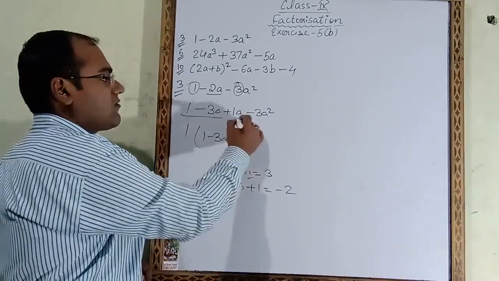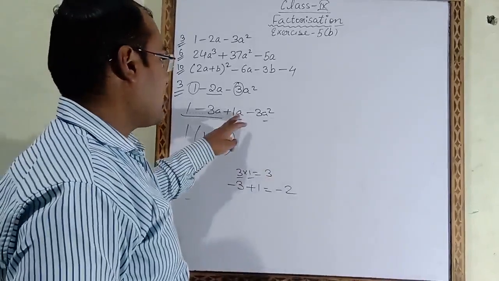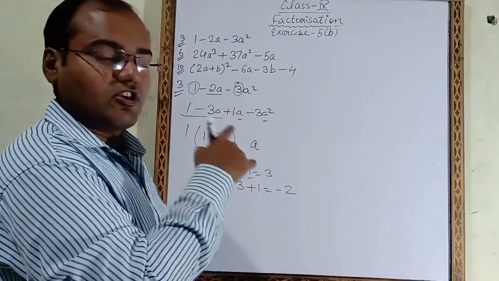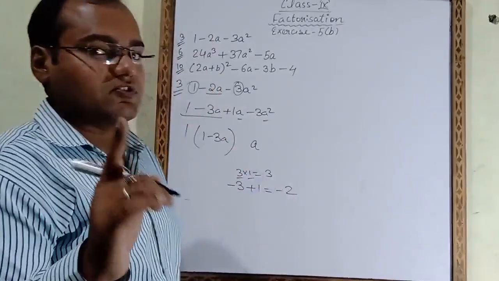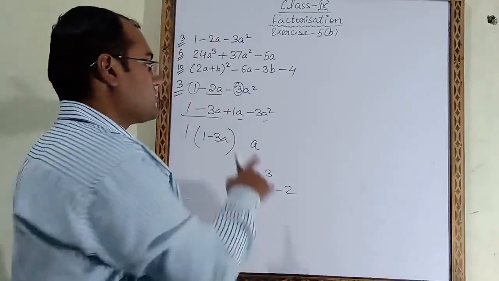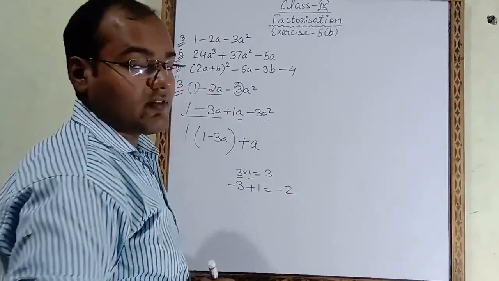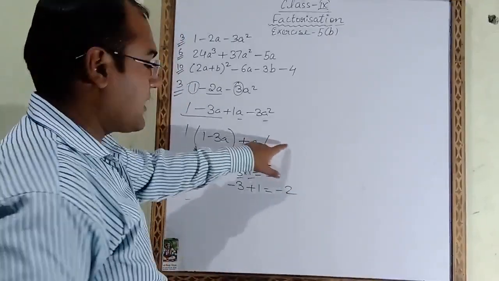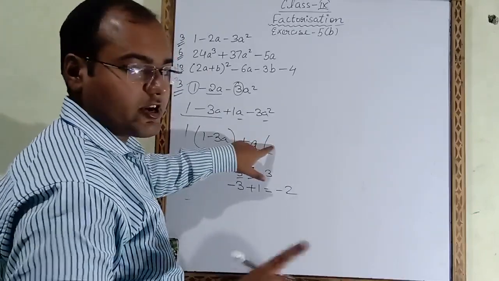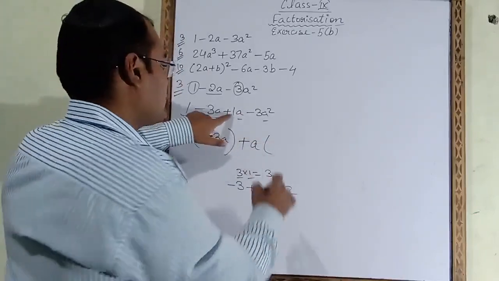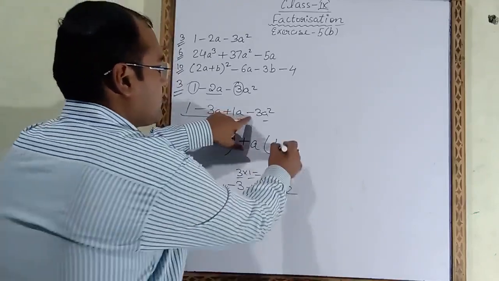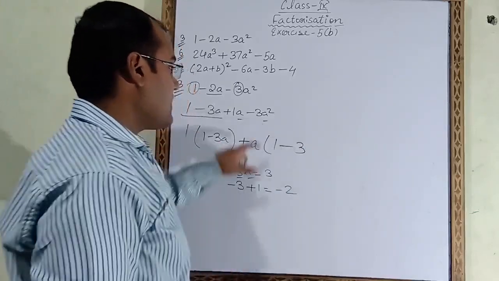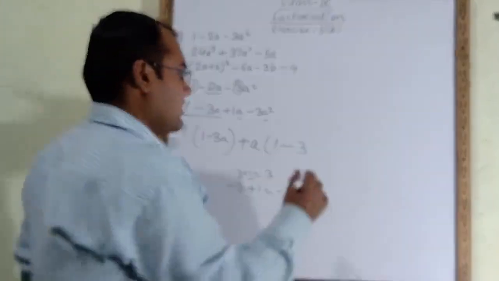Now the next step. From the other two terms also we will take a common factor. Here we get a common. But we also have to take the sign of a, either plus or minus, whichever is correct. Here we will take plus a. Why plus a? Because after taking plus a, we write the remaining terms inside the bracket: plus a times 1, and minus 3a square, where 3 we have not taken common, so we write 3, and out of a square we have taken a common, so 1a is remaining.